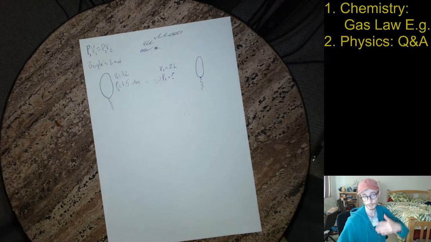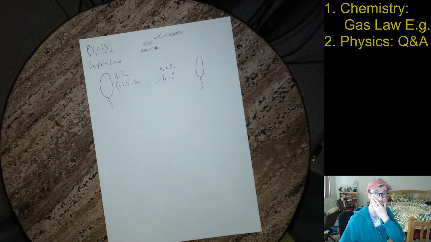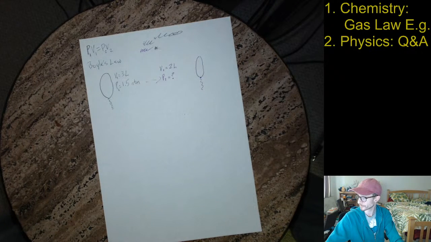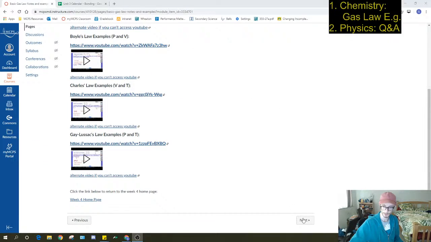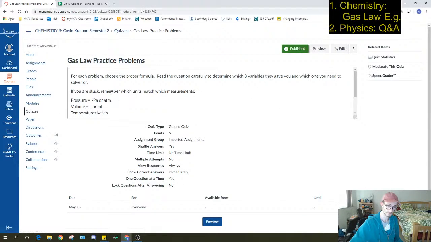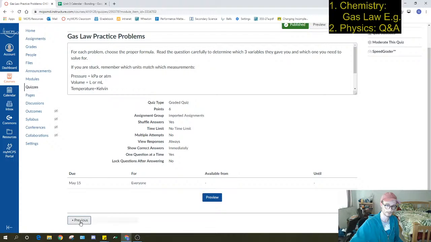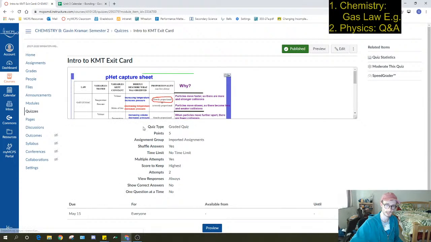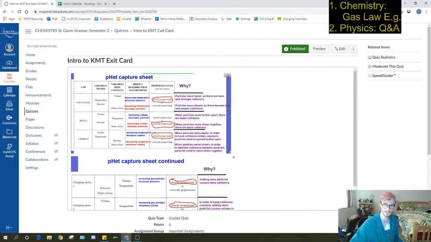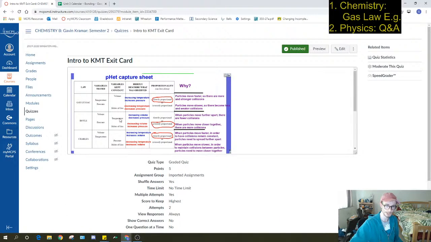Now, if you remember back to our relationship earlier, we found that pressure and volume are inversely related. So if you go back to our table, you might remember in Boyle's law, the volume and